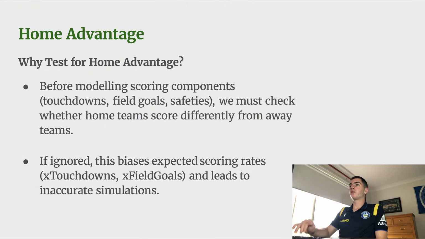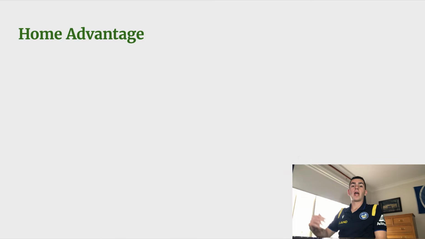we need to first check whether a home field advantage actually exists, and if it does, how big it is. Ignoring this effect would bias the model because teams clearly perform better historically at home compared to when they play away. This is seen in most sports, whether it's due to a crowd effect or them being less fatigued from travel. We just need to measure and identify how big this effect is